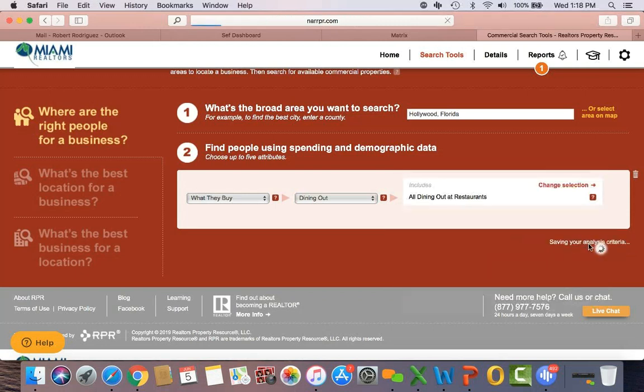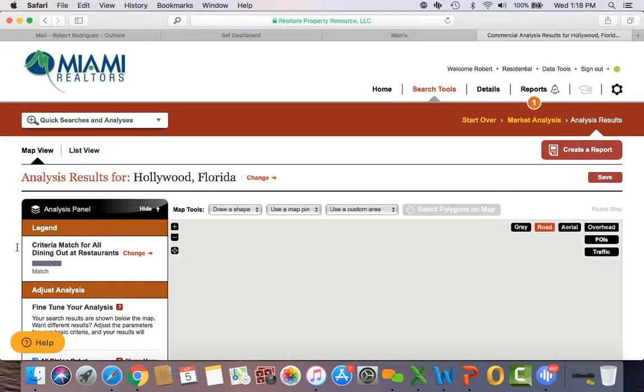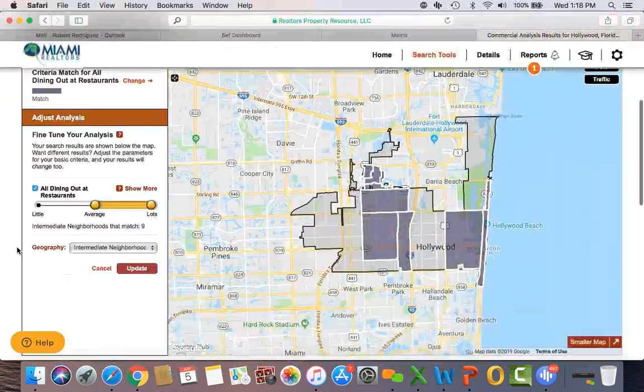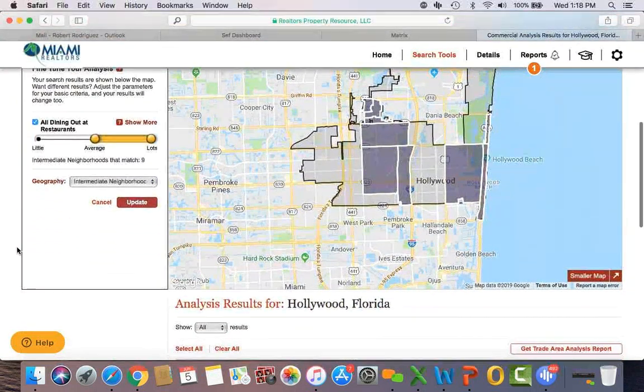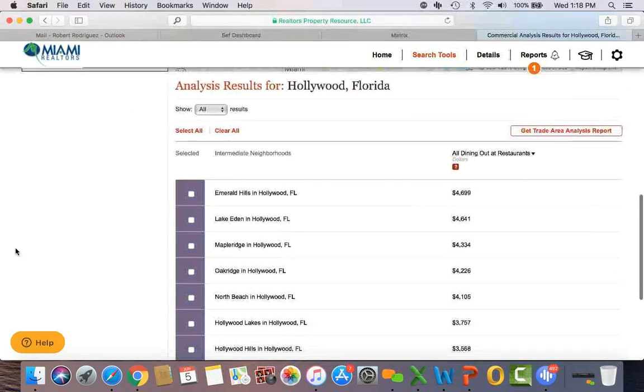Run analysis. And what we're going to see here is analysis on the city of Hollywood, letting us know how much they spend on an annual basis when they dine out. So here's the city of Hollywood, and what you see are the dark shades are where people spend the most amount of money dining out. So Emerald Hills in Hollywood spends an average of